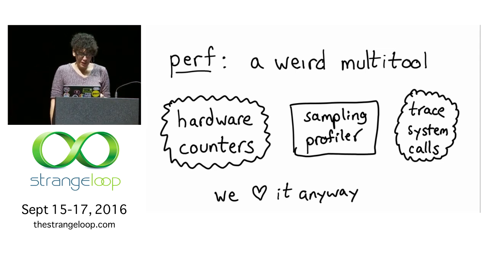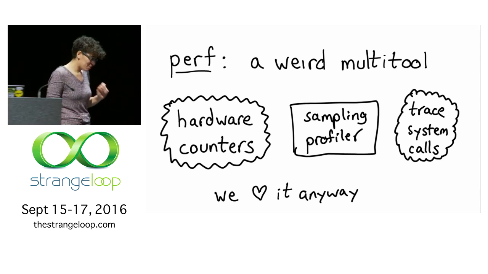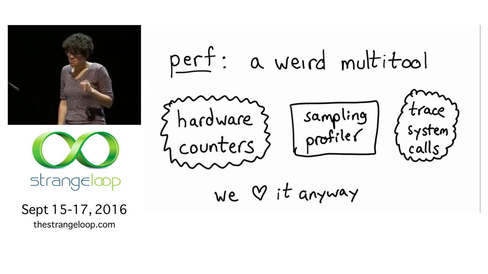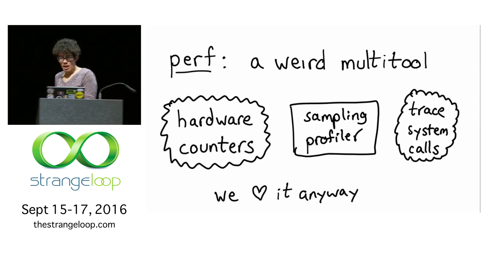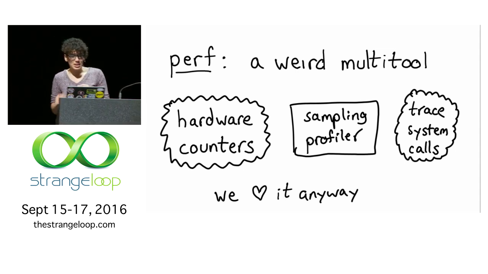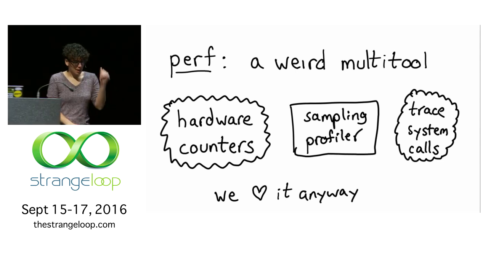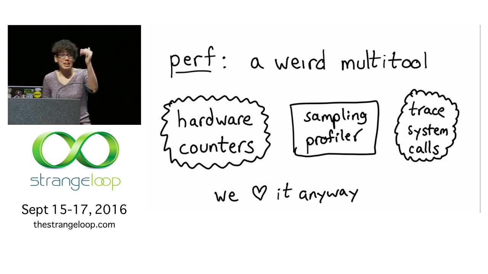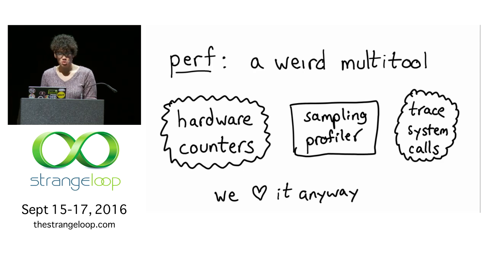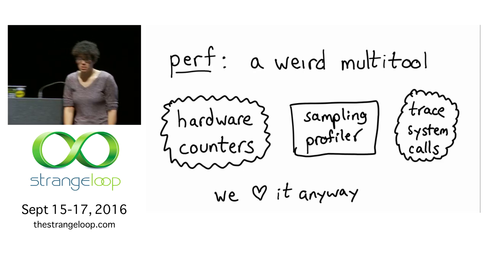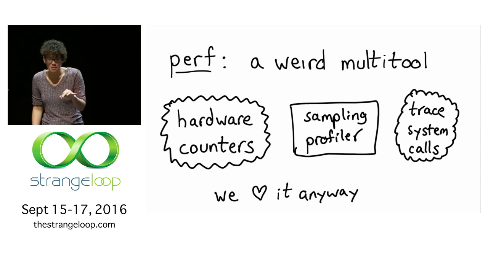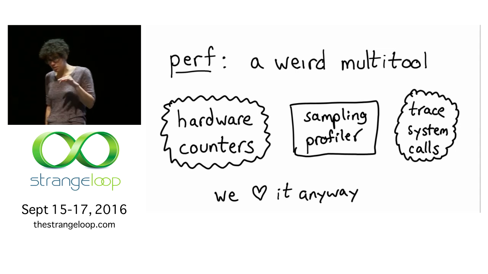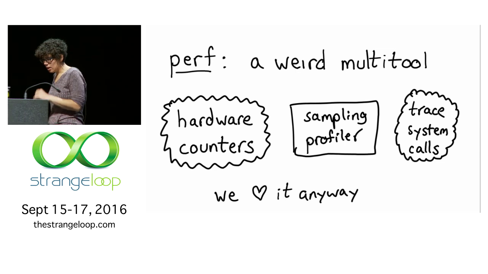And the bad thing about sampling profilers is if something is happening kind of infrequently, you'll often miss it. And so it's really important to have tracing tools, because tracing tools are tools that tell you everything that's happening, right? So you're like, every time this weird thing happens, tell me everything about it. And this is why I love log files. This is why I love tracing systems. And then you can be like, OK, this thing happened only 4 times, but all of those 4 times I'm really concerned about, and I want to know everything about that.